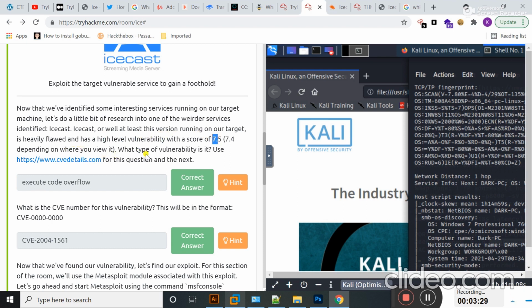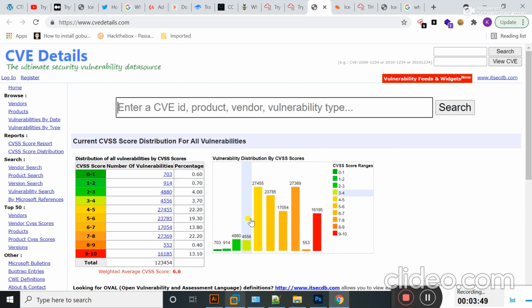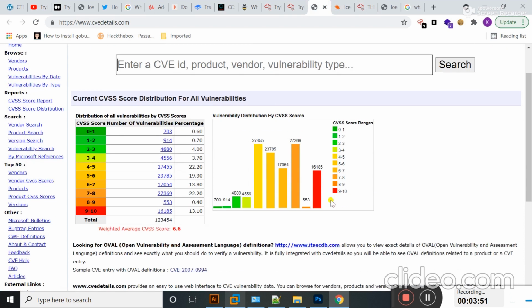You can check all the details about this vulnerability from this link. From this link you can find the vulnerability type of this service. So the question is what type of vulnerability is it? Students, it is an execute code overflow vulnerability. All of these details you can find from here.